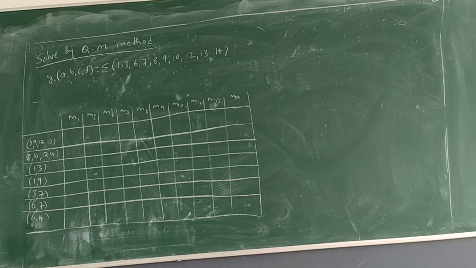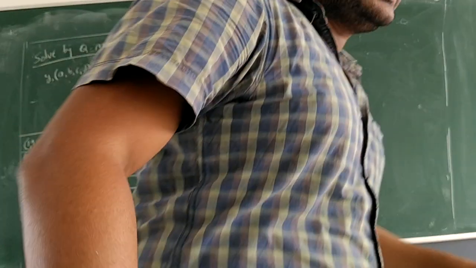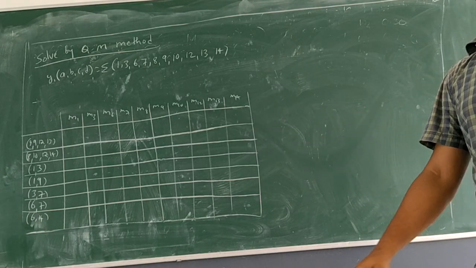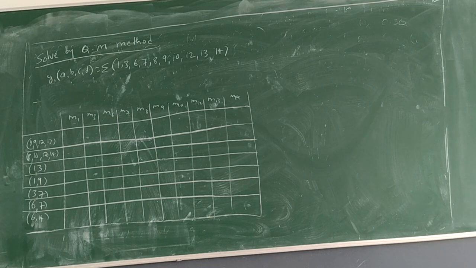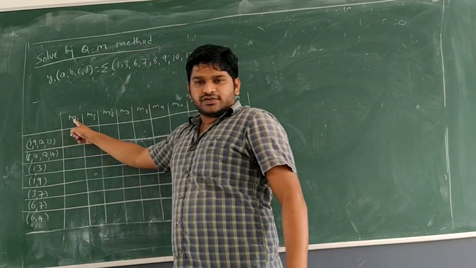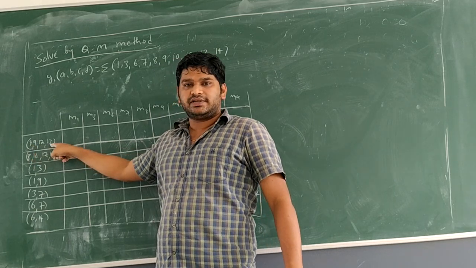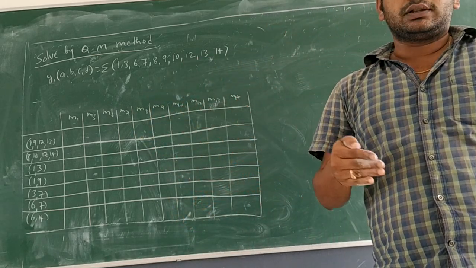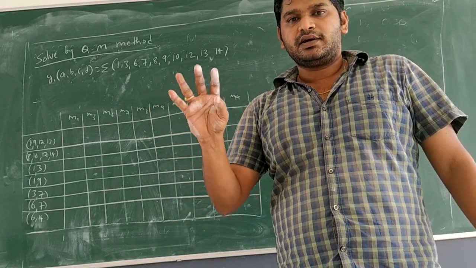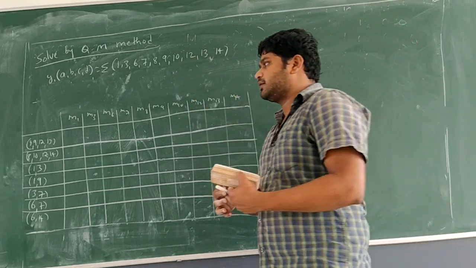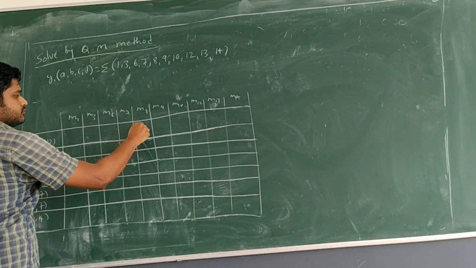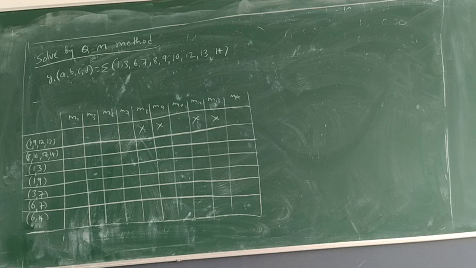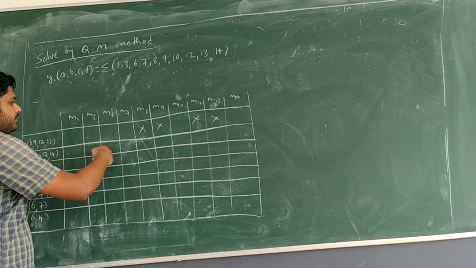Okay. Now put X mark or a dot. Dot is not visible, so I will put X mark. Okay. Now in the columns which are specified by numbers here. So what are the numbers? 8, 9, 12, 13. So 8, 9, 12, 13 means M8, M9, M12, M13. Put X mark. 8, 9, 12, 13.